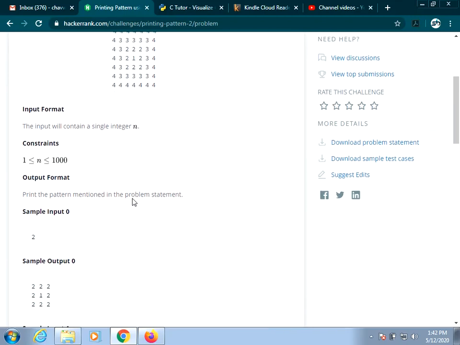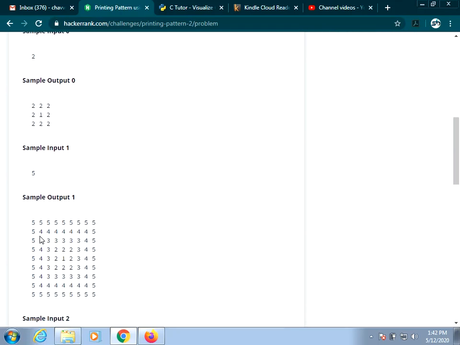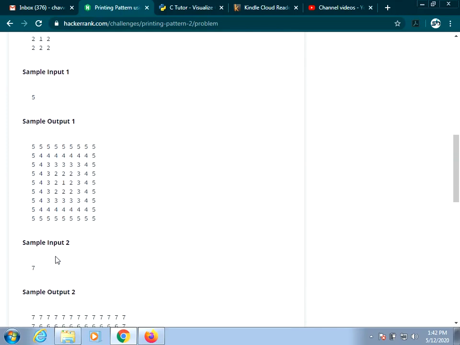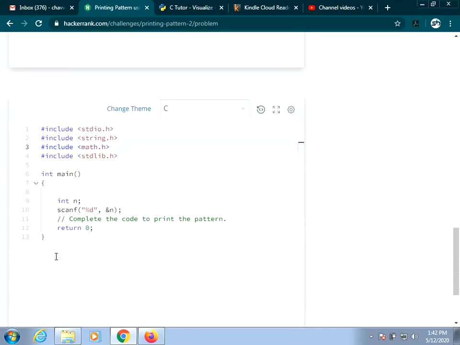So coming to this programming part, for any sample input you should be able to give the given output. For 5 you should be able to bring out this output. For 7 you should be able to bring out the output. So in this program they have just taken an input variable n, and they have taken the input of n, and they will be needing other variables in this program. I will be taking i and j for now, so we will not be needing many remaining variables. i and j are looping variables which you have to loop in your programs.